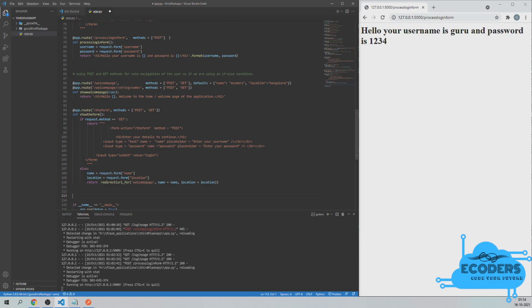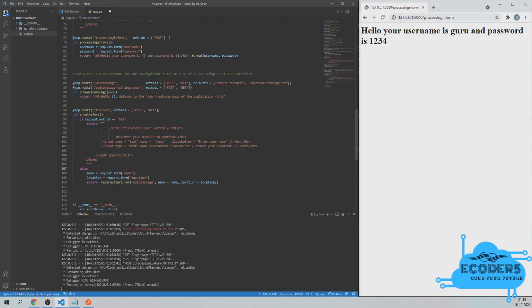And here it's not going to be the password anymore, it is going to be text, and name is going to be location. In placeholder I'm going to say please enter your name and please enter your location. That's it. And instead of login, we'll just remove that and have a submit button.